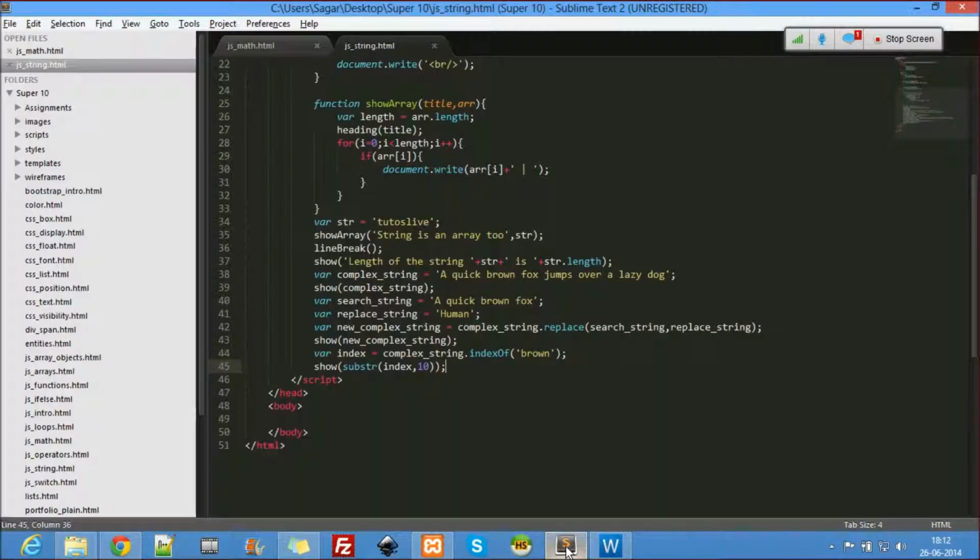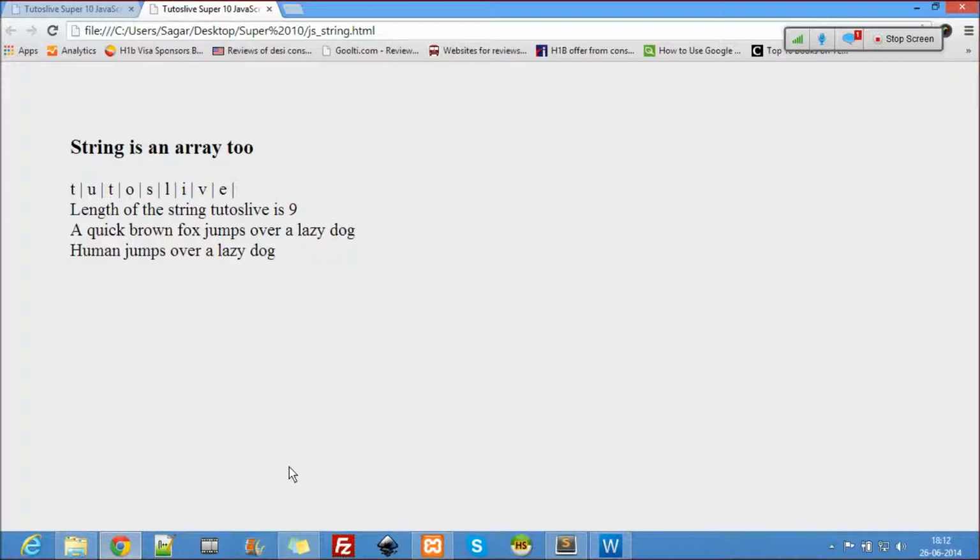Oops. Okay, brown fox. So it started from here and pulled out 10 characters. Let's see, 3 4 5 6 7 8 9. Okay, until 10.